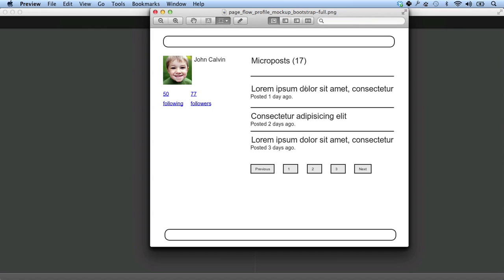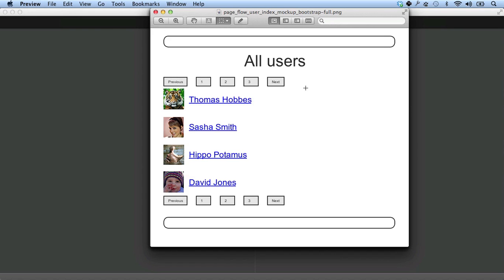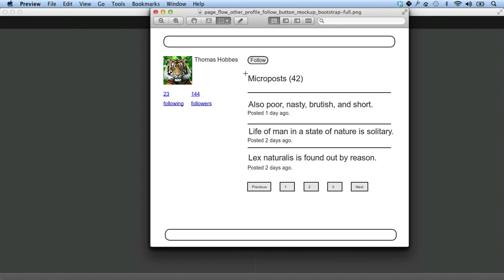Now suppose that our example user here, named John Calvin, wants to find a user to follow. He could then click on the link for all users to go to the user's index. Here he sees a number of different possibilities, including Thomas Hobbes, so suppose that he clicks on that. Now on Hobbes' profile, Calvin sees the same basic structure that he sees on his own profile, but he also sees a follow button. So if he clicks on that button, he should now be following Hobbes, so the number of followers is incremented. You can see how that works, from 144 to 145, and the follow button changes to